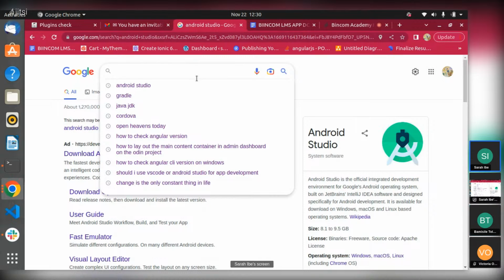Why do we do this? This is to enable our system to locate where these tools are, so that once you are building an application, it can easily make references to where these tools are. Just like if you have Cordova installed already, you would have to indicate to the system where Cordova is installed.